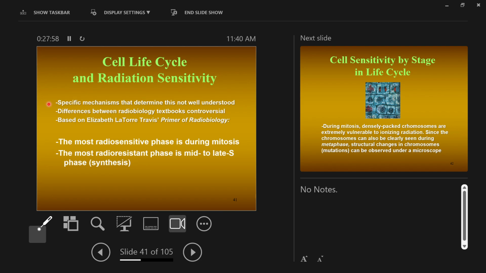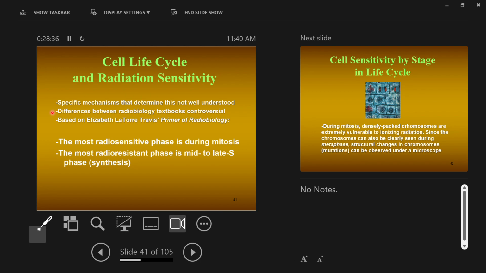We have good ideas based on data, most of it very old data from more than 50 years ago or so, but we've got a good idea of what's happening based on lots of people's lifetimes of work. Okay, but the specific mechanisms that determine the radiation sensitivity of a cell are not as understood as they could be. The information you're going to find in different textbooks will be kind of controversial. Everything that we're going to talk about here is based off of one set of information that's given